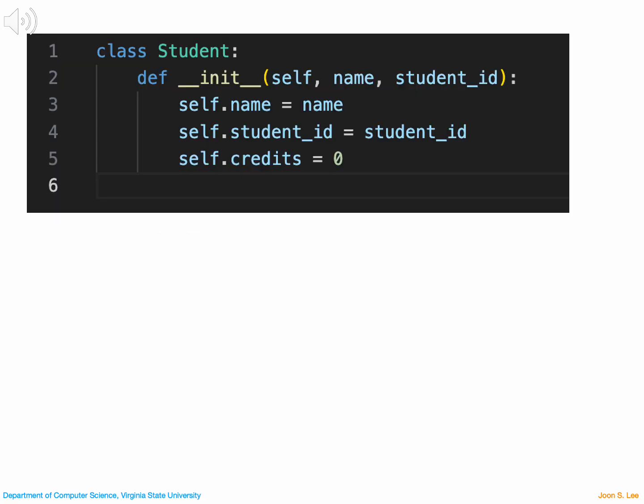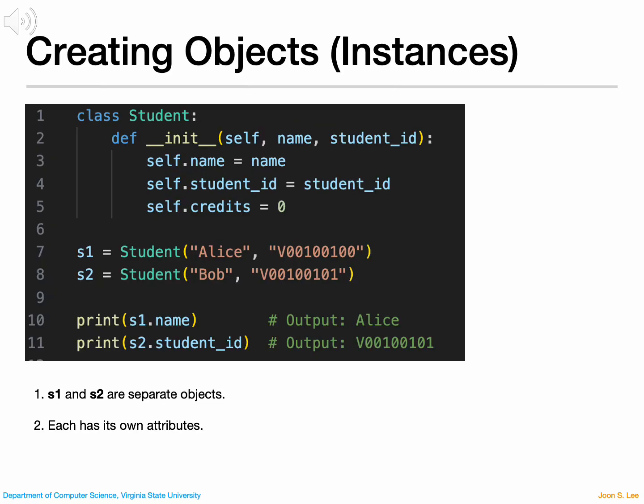Let's look at an example. Here, we define a student class. The constructor takes a name and a student ID, and it also initializes credits to 0. Every time we create a student object, the init method runs and sets up that object's data. On line 7, we create our first object, S1, and send in Alice and V0010000. On line 8, we create a second object, S2, and send in Bob and